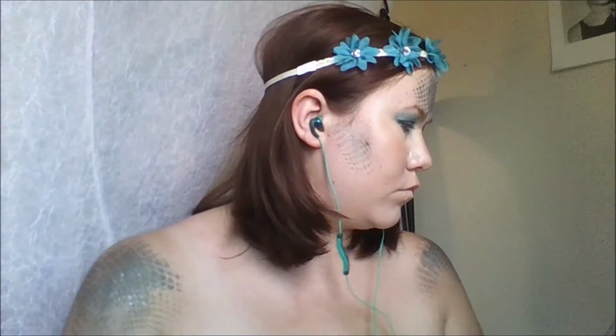And I'm taking the Stila lip gloss and putting it on my lips. It was just a natural color. I'm putting it on my upper lip and my lower lip. So I'm going to take